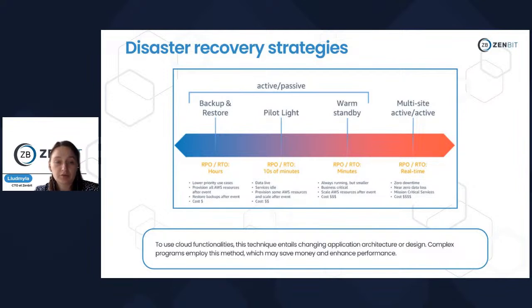As you see, the blue one is for lower probability cases, with less cost: restore from backups and provision all AWS resources after an event is the easiest and will take less money, and multi-site active